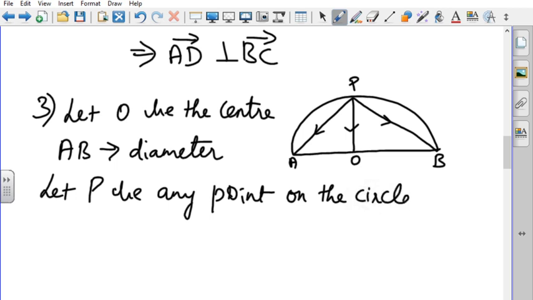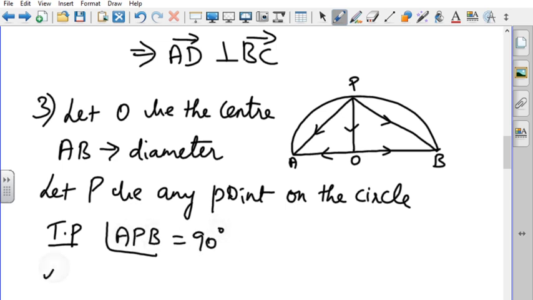Okay. Here also the diagram will be like this. Arrows are very important, students. PA, PB, PO and OA, OB are in opposite direction. Okay. So now let us consider O as the origin. So now what to prove? To prove angle APB equal to 90 degree.